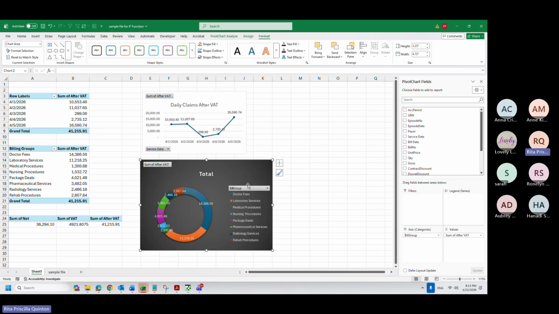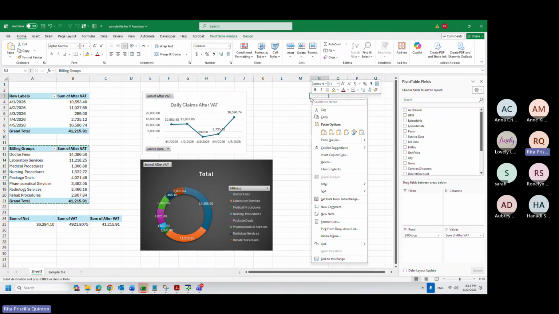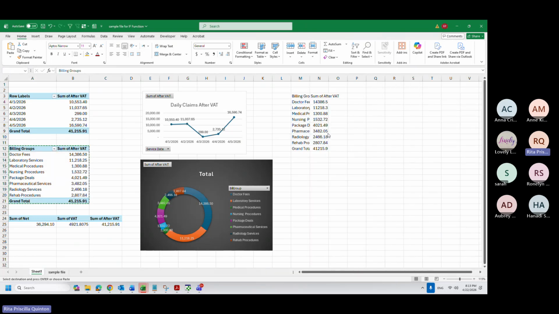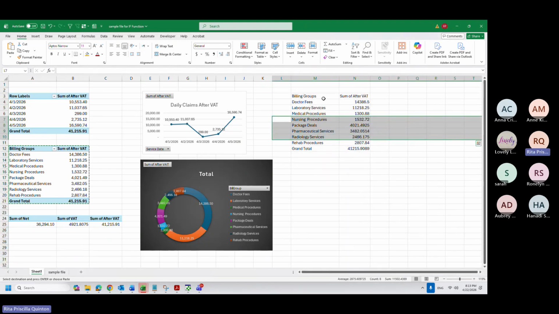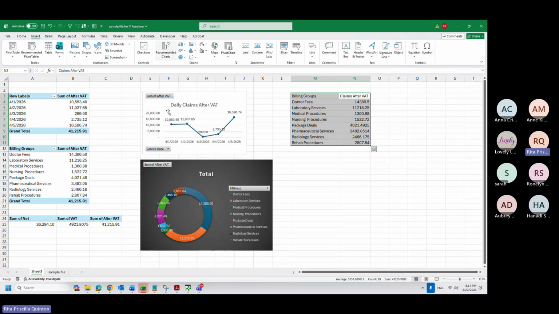Okay. This is called pivot charts because we did the chart from the pivot table, right? But if we want to do a chart not coming from a pivot, you can just copy your pivot, paste it here as values. What I did, right click and then 1, 2, 3, so it will paste as values. Remove the total and make this claims after that. Okay. From here, select them all and then go recommended charts.